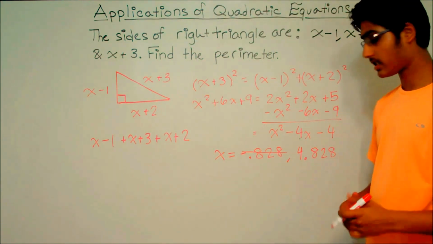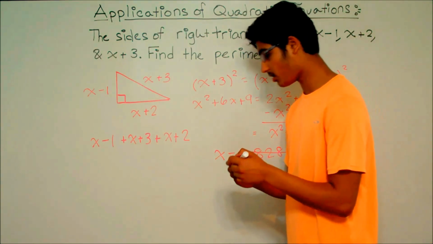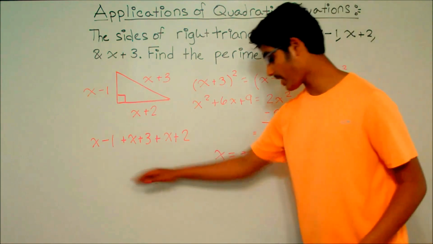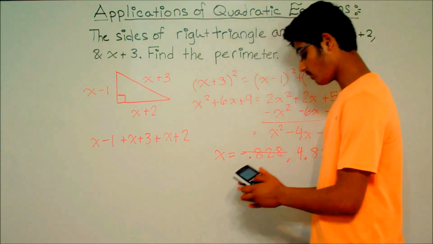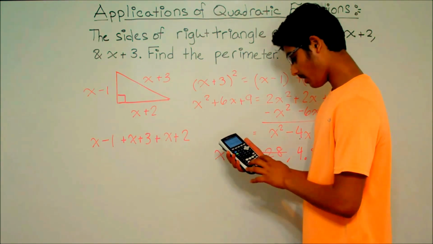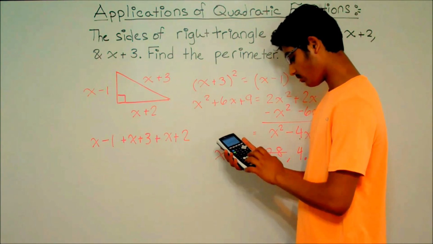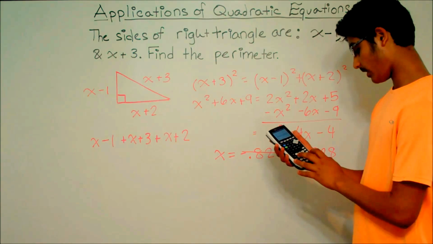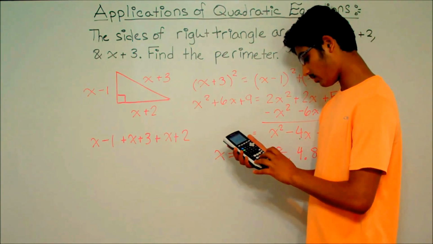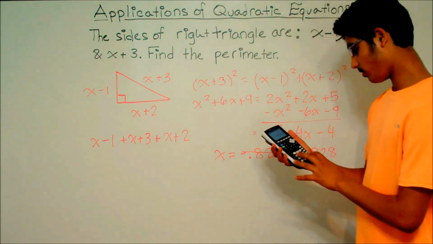So when we type this into our calculator and substitute 4.828 in for x, we get 4.828 minus 1 plus 4.828 plus 3 plus 4.828 plus 2, we get